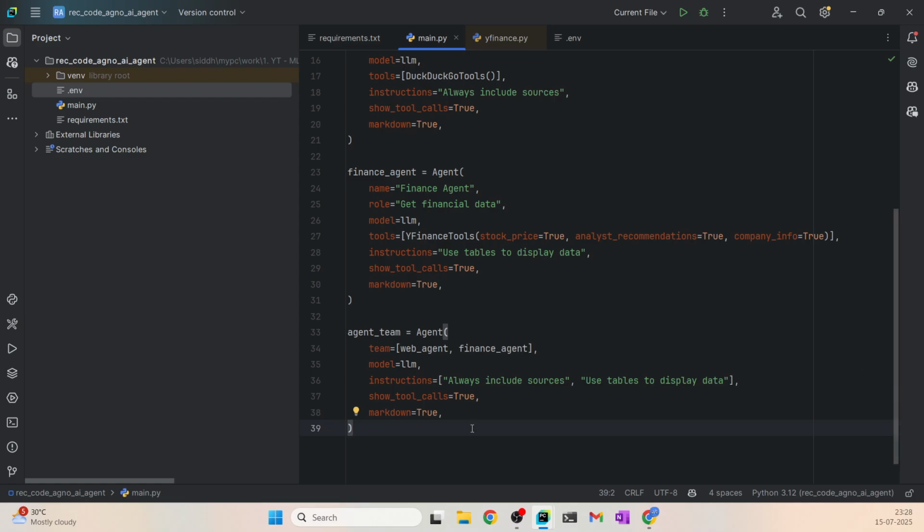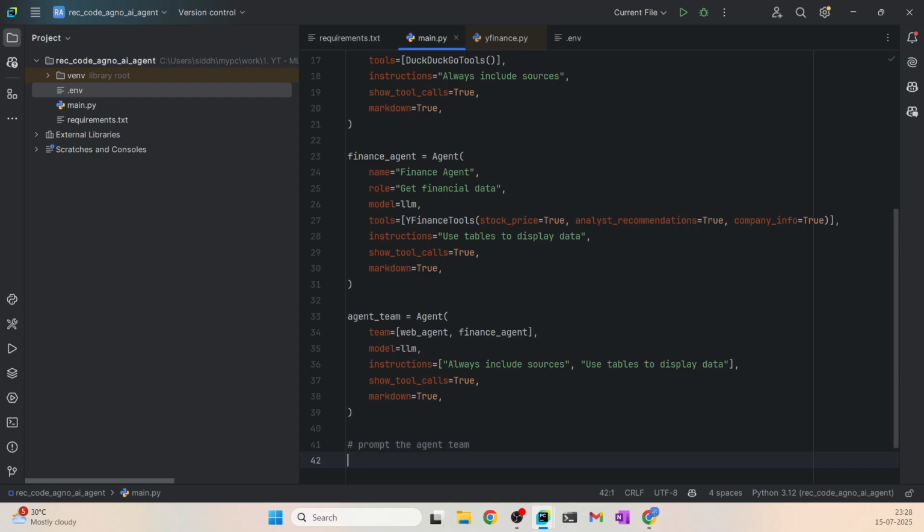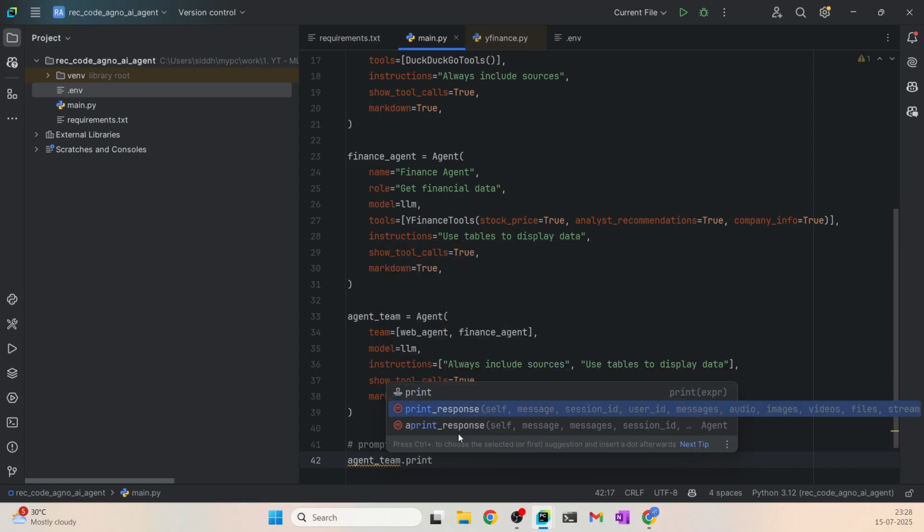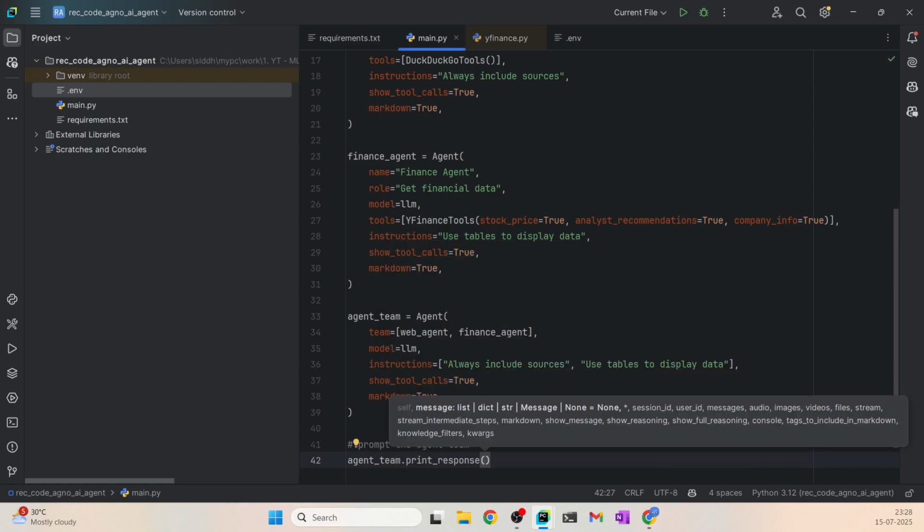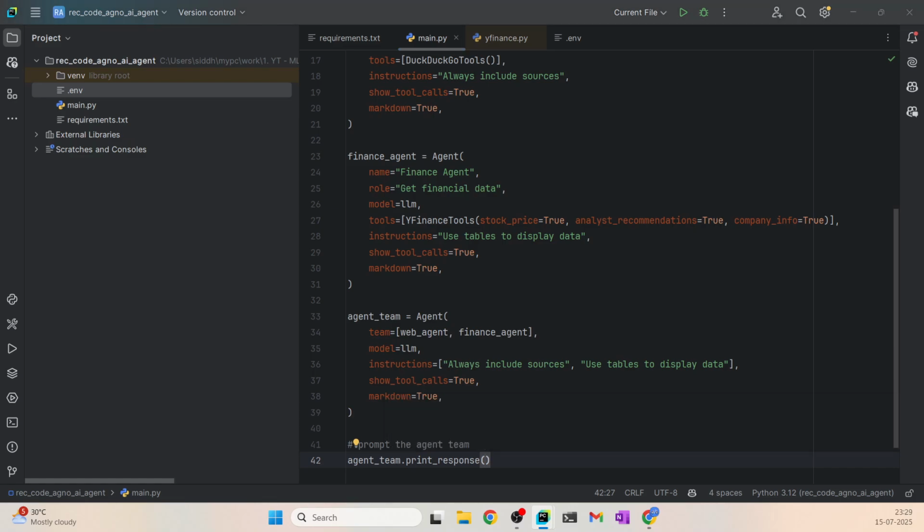So now we can give a task for this team from the agent team. Let's do that. And we can just say agent team dot print response. So this is going to run our query, pass it to the agent team, and print the response that we get, and we can see the intermediate tool calls and so on. So I'll say what's the market